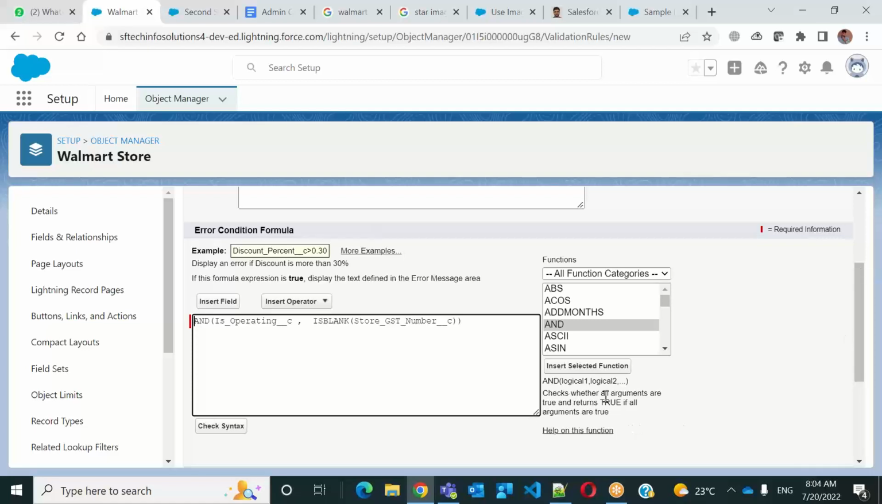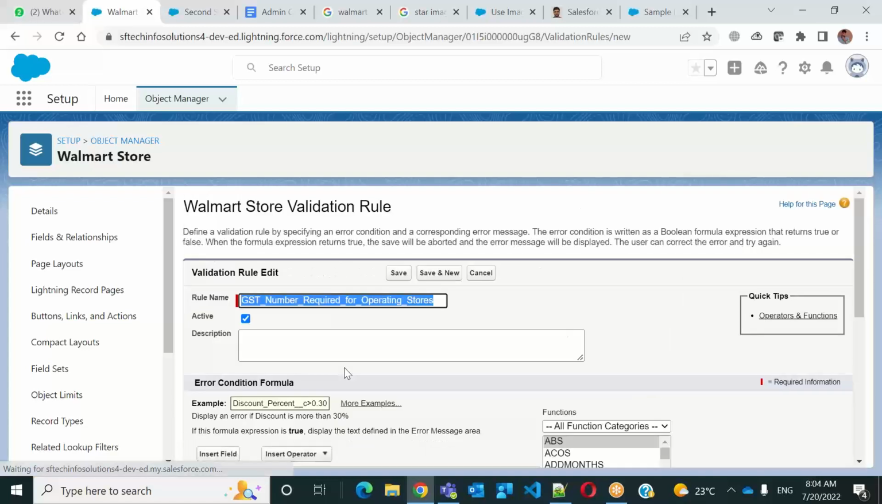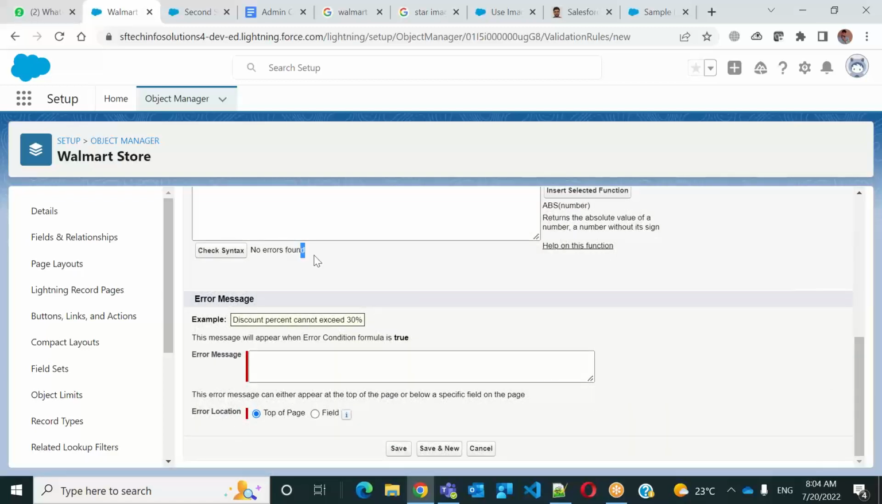డెఫినేషన్ కూడా మీకు చెక్స్ వెదర్ ఆల్ ఆర్గ్యుమెంట్స్ ఆర్ ట్రూ అండ్ రిటర్న్స్ ట్రూ. ఇఫ్ ఆల్ ఆర్గ్యుమెంట్స్ ఆర్ ట్రూ దెన్ రిటర్న్స్ ట్రూ ఎల్స్ ఫాల్స్. ఓకే, సో ఒకసారి నేను ఇక్కడ సింటాక్స్ కరెక్ట్గా ఉందో లేదో చెక్ చేసుకుంటున్నాను. నో ఎర్రర్స్ ఫౌండ్ అండ్ ఎర్రర్ మెసేజ్ ఏమి ఇవ్వాలి,